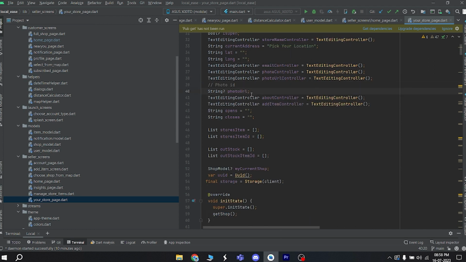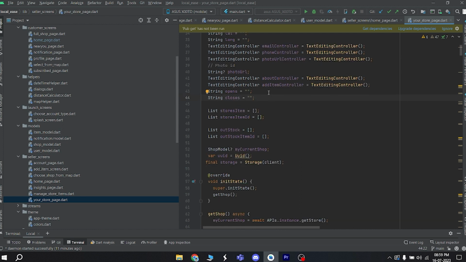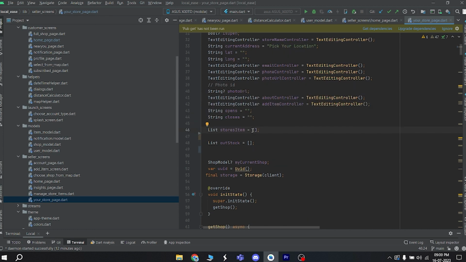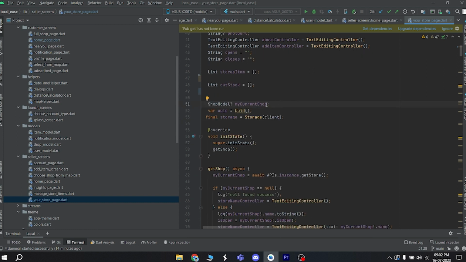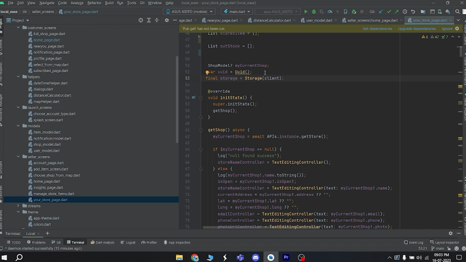We will use this photo URL string to get our photo URL from the storage bucket. Then we have an opens and closes string to store the opening and closing time. And we have a store items list and an out of stock list where we can store the store items and the items that are out of stock respectively. I also want to store my current shop data inside this my current shop object, and its type is shop model, which I have in my models folder. Then I'm also initializing the UUID to get unique IDs,